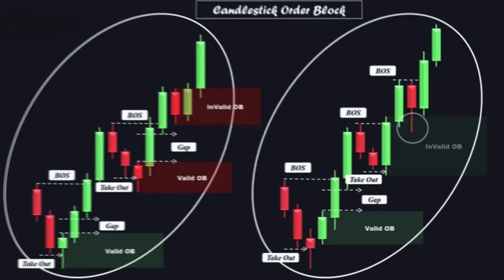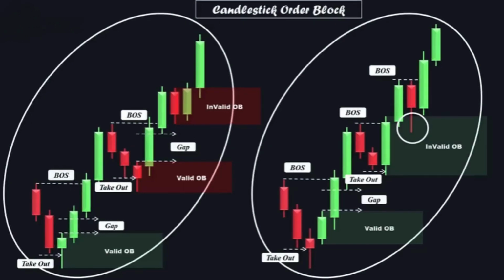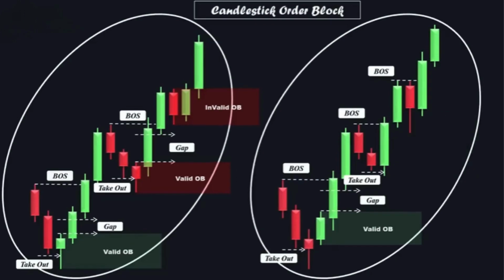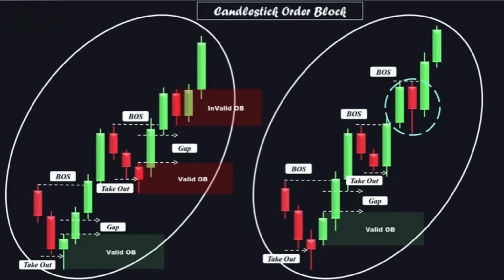Therefore, this order block cannot be regarded as valid and consequently cannot be utilized as a demand area. Continuing, once again we see that the price has pushed significantly to the upside. This red candle represents the latest bearish candle that has just formed before the price started to push dramatically higher. It is evident that this bearish candle has surpassed and effectively swept the liquidity below the previous bullish candle, as